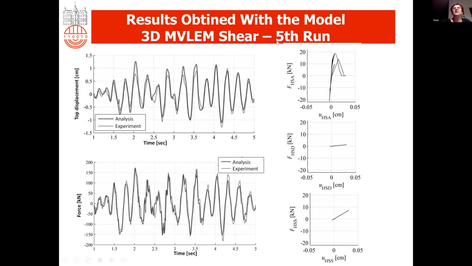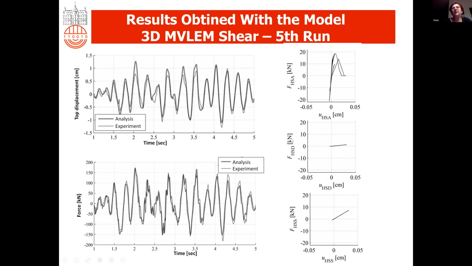We performed 6 runs, most of them with biaxial excitation. In the 5th run, we obtained a pretty good match with the experiment. Of course, in this case, we already knew that there was no damage in the coupling beams. But we can see here, if we analyze